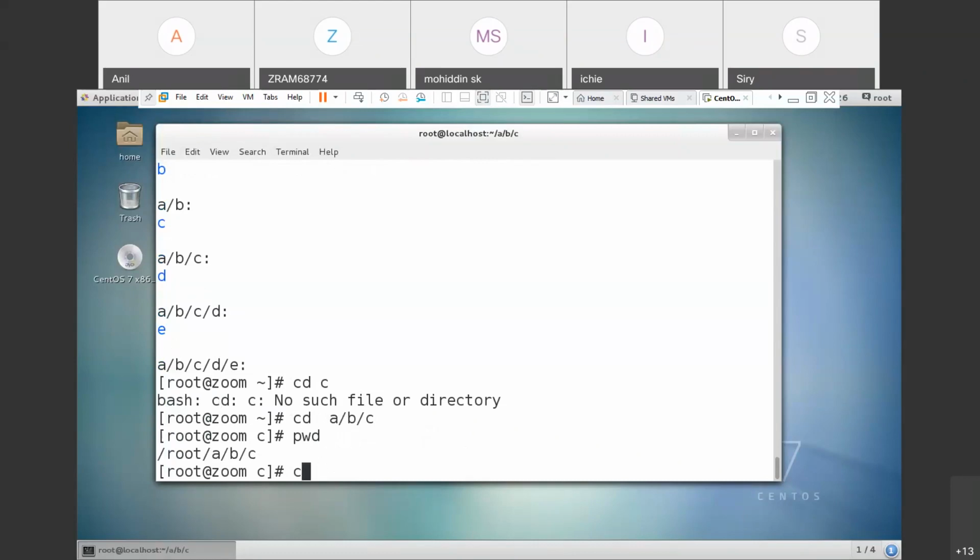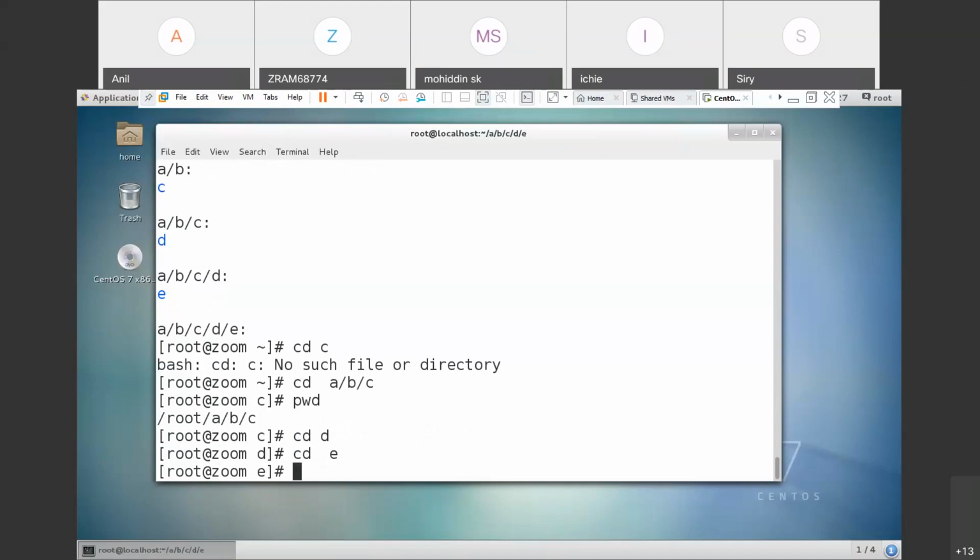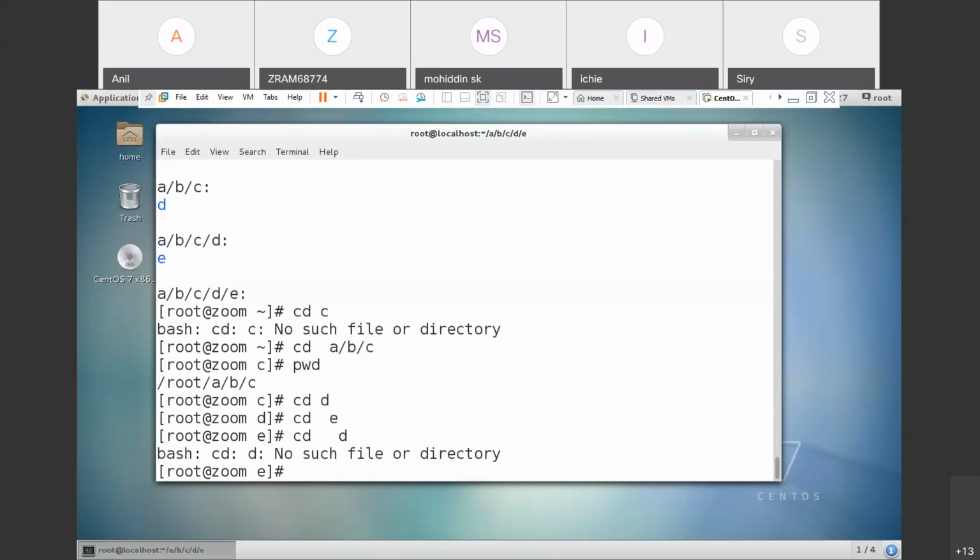You want to go to the D directory after C. Don't give the complete path because you're already in the C directory. Just give the next directory. How to come back after going forward? To go forward, we have to use the directory name. To go back, we can do it in reverse order. Now I want to come to D. If I give the name, it doesn't come. So we have to use the